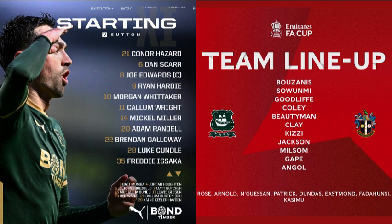They play it out to the near side for Coley, and Coley tries to play it forward with the outside of the right boot. Argyle will intercept that one momentarily, and they have the ball again in the midfield, and they play it backwards for Clay, and Clay will lay it off to the right hand side for Suwonmi, and Suwonmi goes wide to the right hand side, and it's little triangles now. The ball then goes for Kizzy, and Kizzy tries to feed that forward, and Argyle will fight for the ball in the form of Mikael Miller right in the centre field, inside left channel, but they will concede